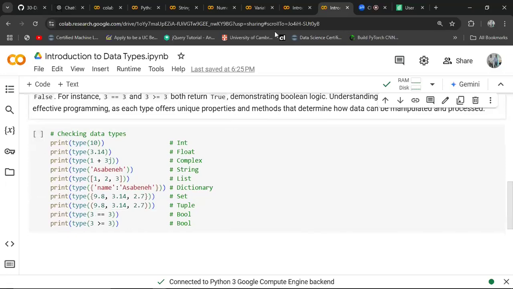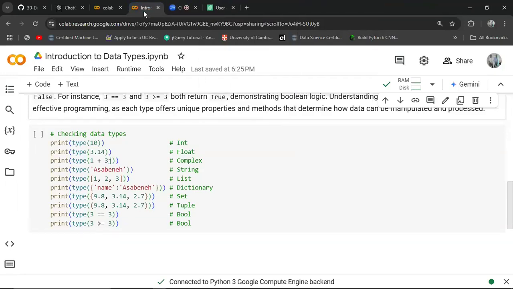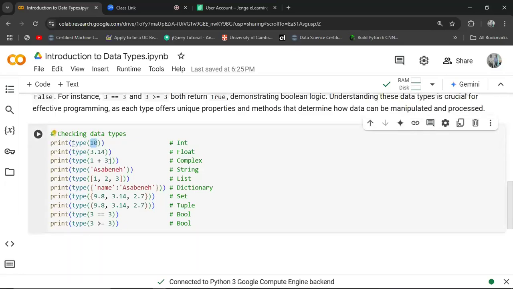I have this piece of code. I think I need to close all these other ones for this one to work. Yes, so that's okay. I also need to close this one and this one. I have this value 10. If I print its type, can you see? I want to see which type of data this 10 is. If I run it,